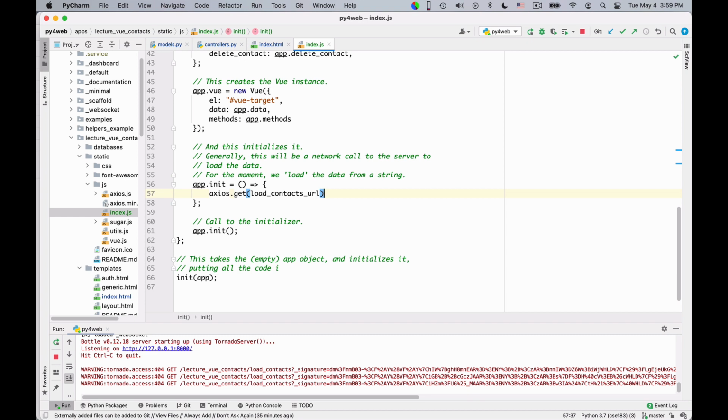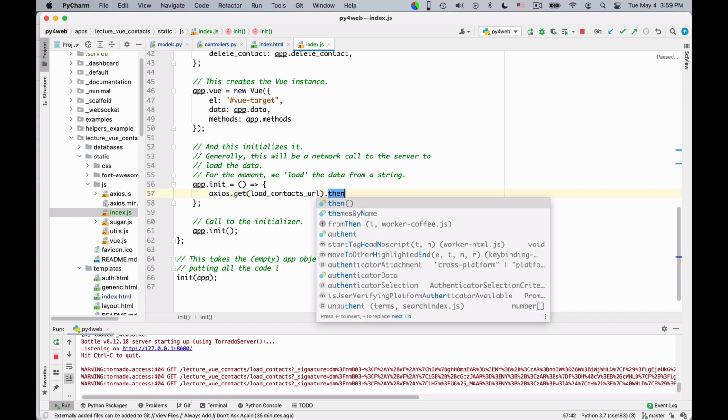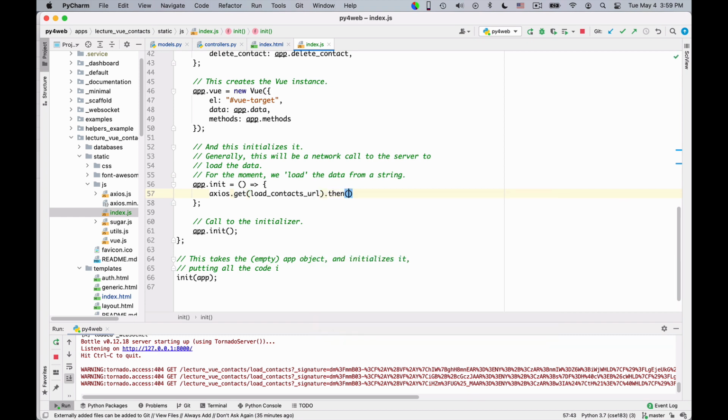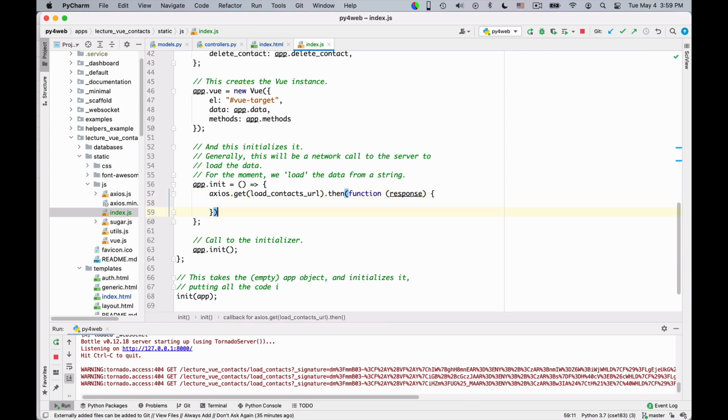Axios is a promise-based library, so we can say once this is done, I specify this function to be called on the response. The function will be here. I can say app.vue.rows is equal to